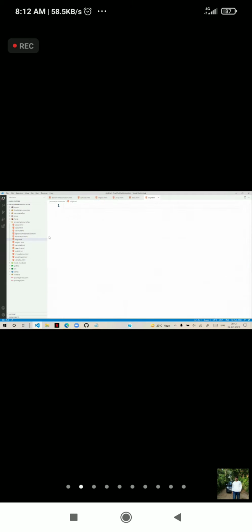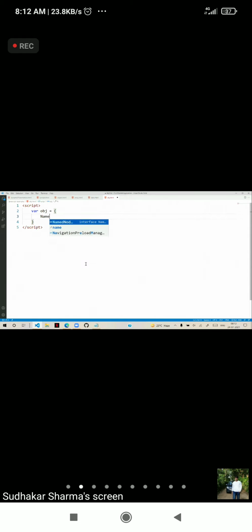Here, in the script, var obj, an object is defined in this way. In the object, you will have a key value collection. That means I am defining the key and value. Now, very important: the key is a name.